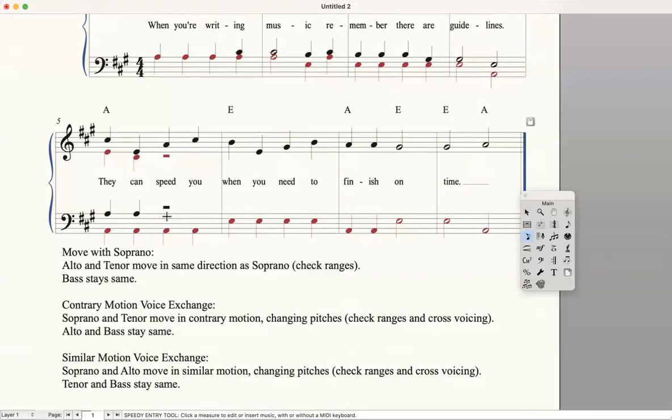I think we need to consider ranges. Like we could move with soprano twice, but then these tenors are going to go up to the C sharp and then up to the E again. And again, you might be fine with that. I'm going to stay very conservative on this. And so what I'm going to do is I'm going to,